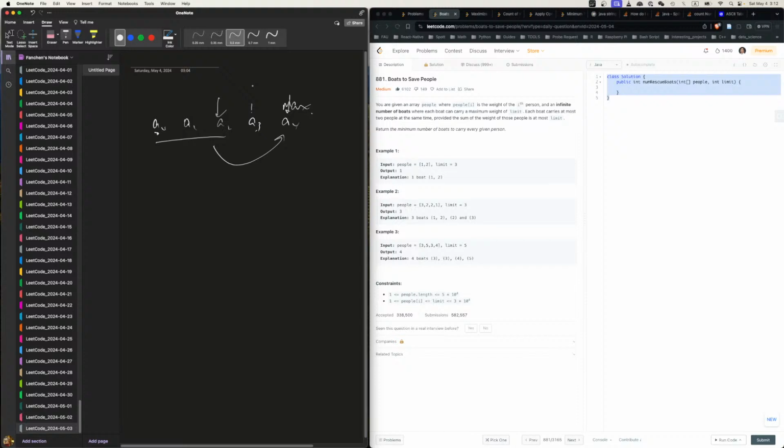So again, why can't we just do two pointers? So one pointing here and one pointing here, right? Once they're good, we just move inwards, and they do get slightly bigger, right? They do get slightly bigger, but the idea is, if A4 cannot pair with this, A4 can only be paired with, you have to pair A4 with something, right? If it can be paired, then